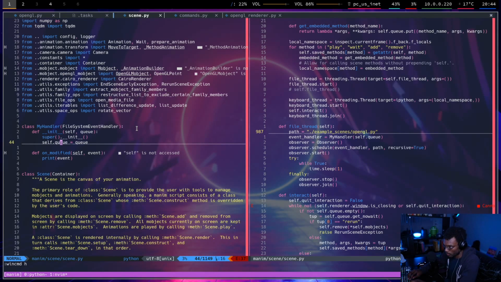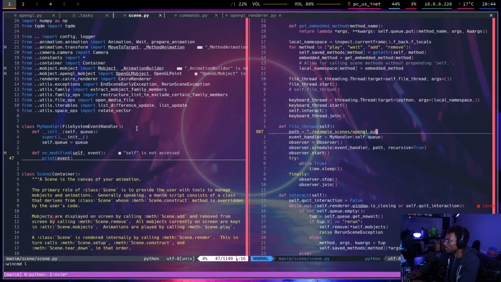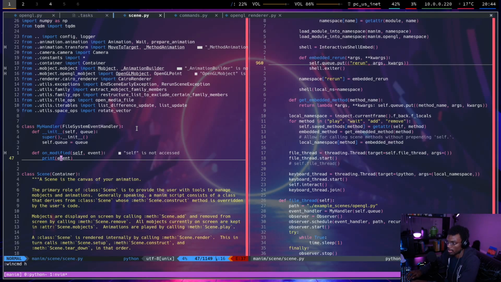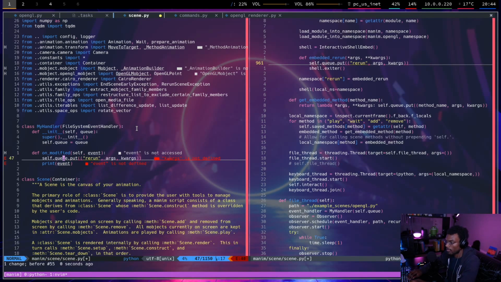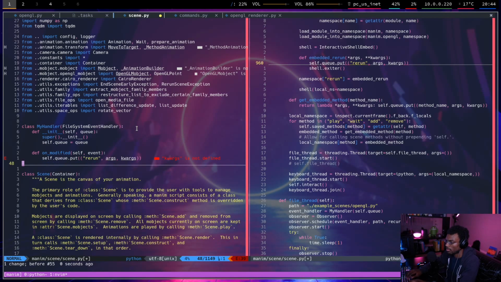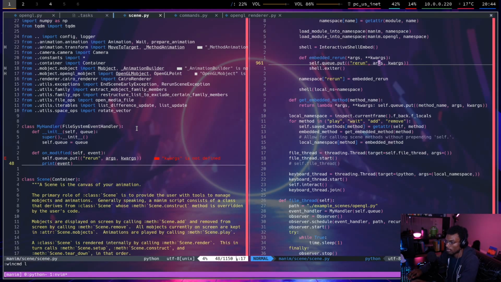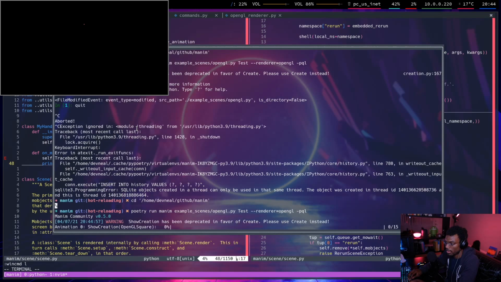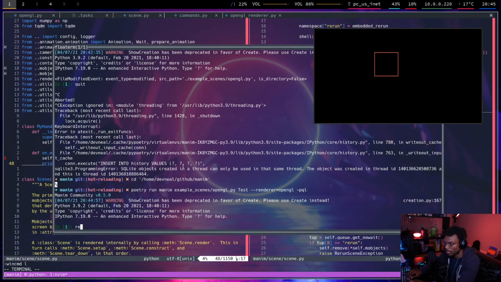So now I've got the queue. And on modified, all I have to do is push the same thing that the terminal thread pushes when I run rerun. So you can just do this. I think that's all. I'll still print. And then I should quit the thread as well. But quitting threads is for cowards, so I'm not going to do that. Okay, so